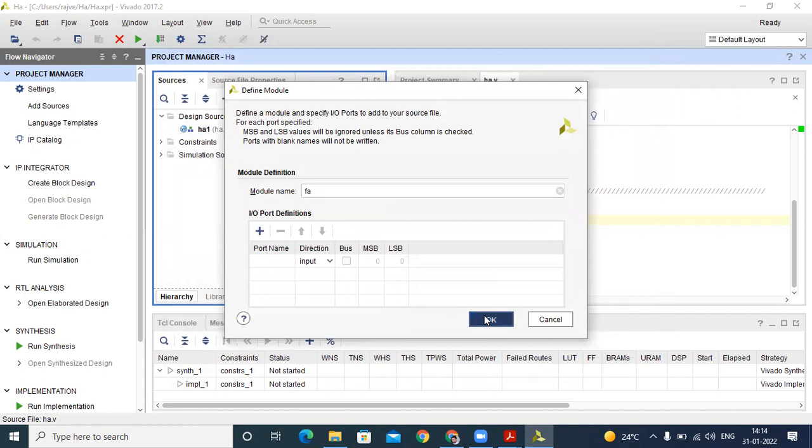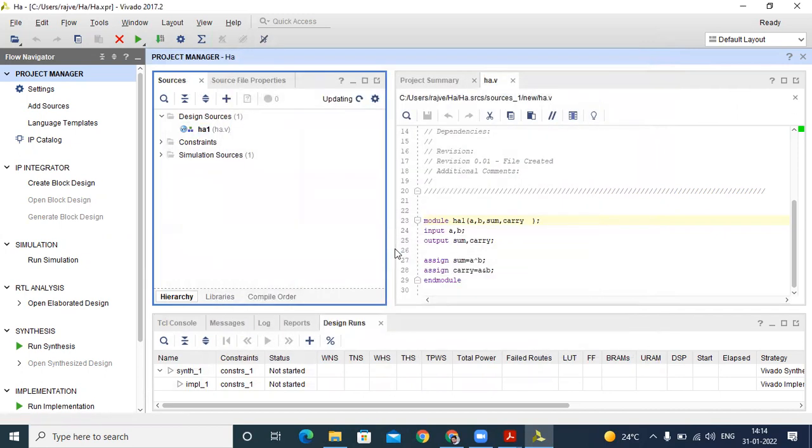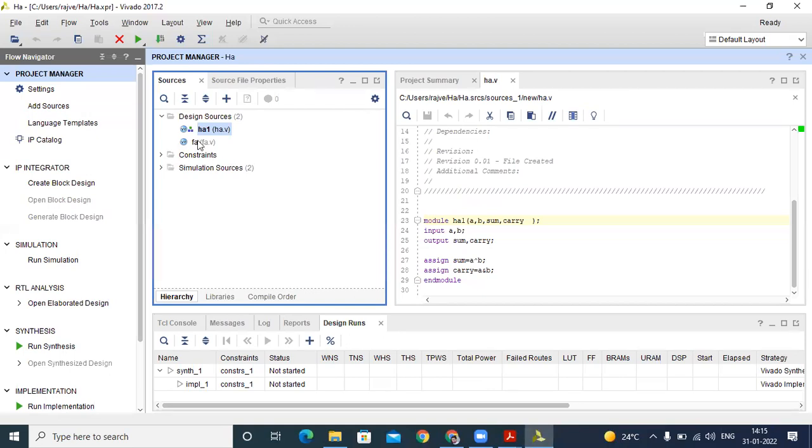This is the module name. Is everybody comfortable with this structure? Okay, this is our full adder.